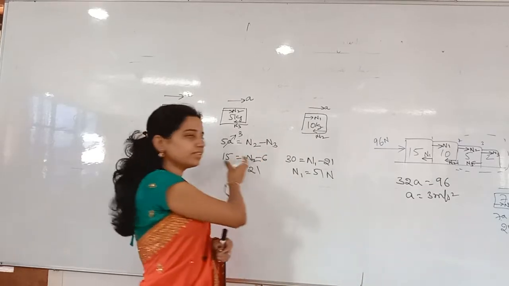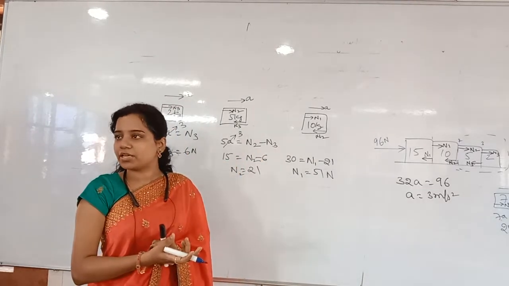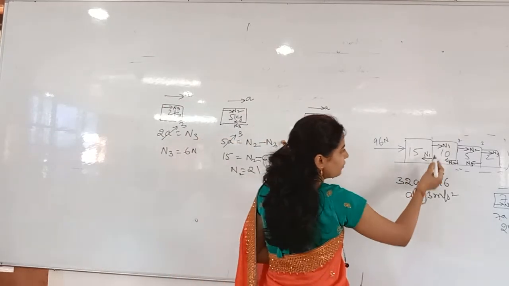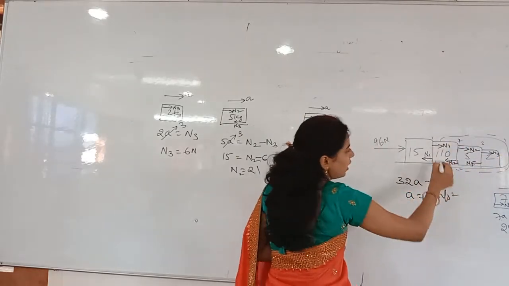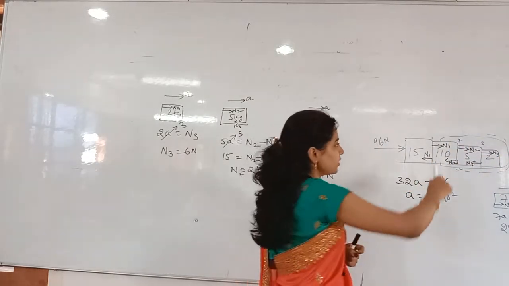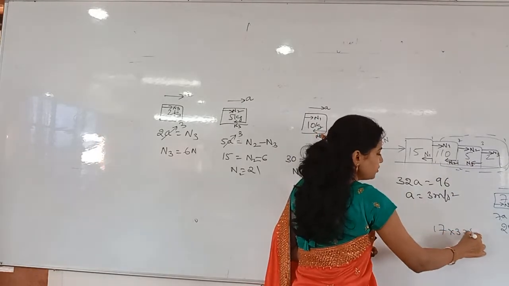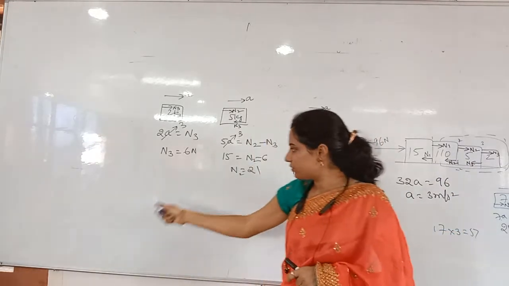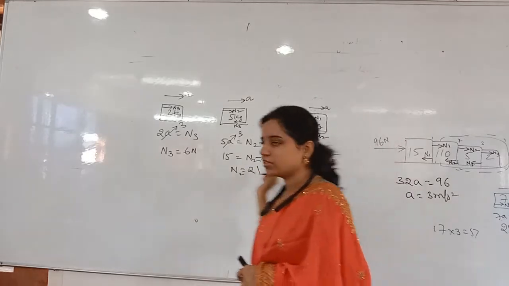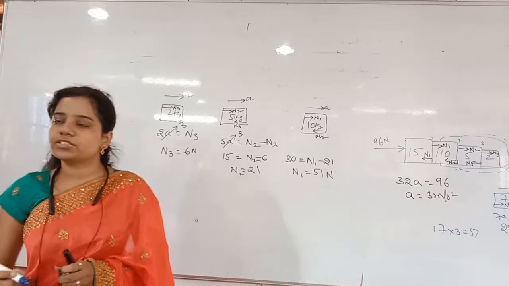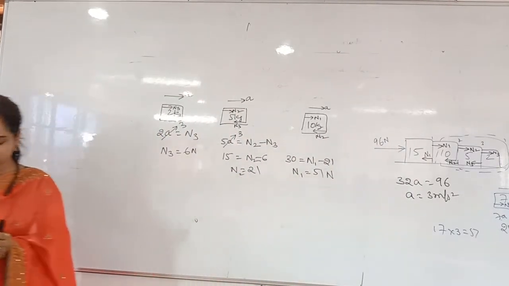See, instead of writing this equation and all, you might miss plus and minus there. And also, to find out N1, consider all this as 1 mass. So that is 10, 5, 15 and then 17. 17 into 3 gives you 51. There is the 51 here. Where is that 51? You got it, right? In the shortcut also you can do it like that.